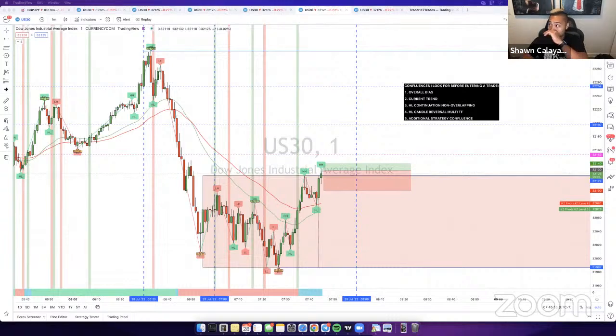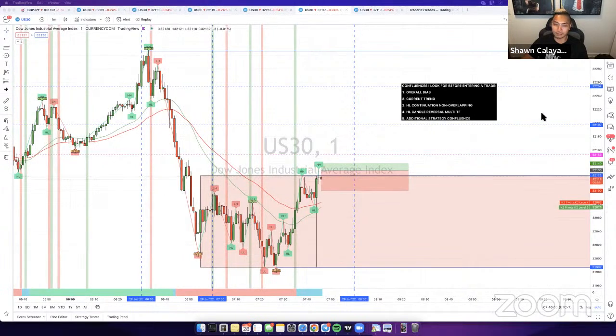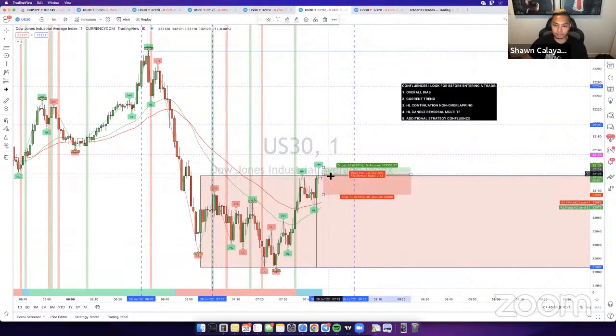It's got a few seconds left on it, but it does look kind of like a... no, so it didn't close. So unfortunately, no high-low scalp right here. I wanted to show you guys an example of it, but